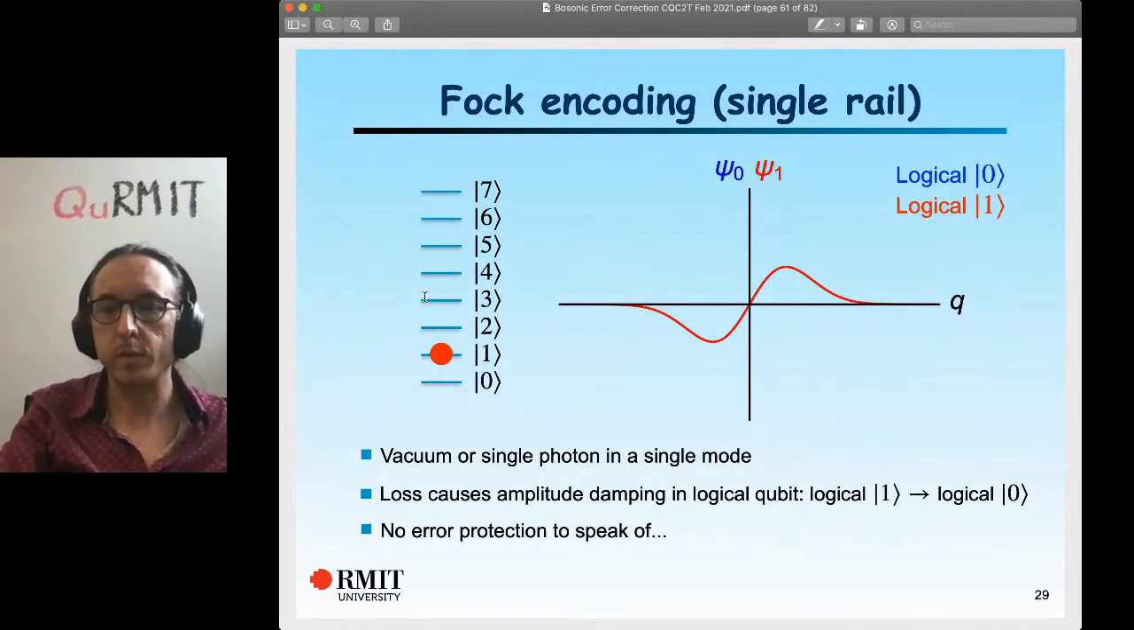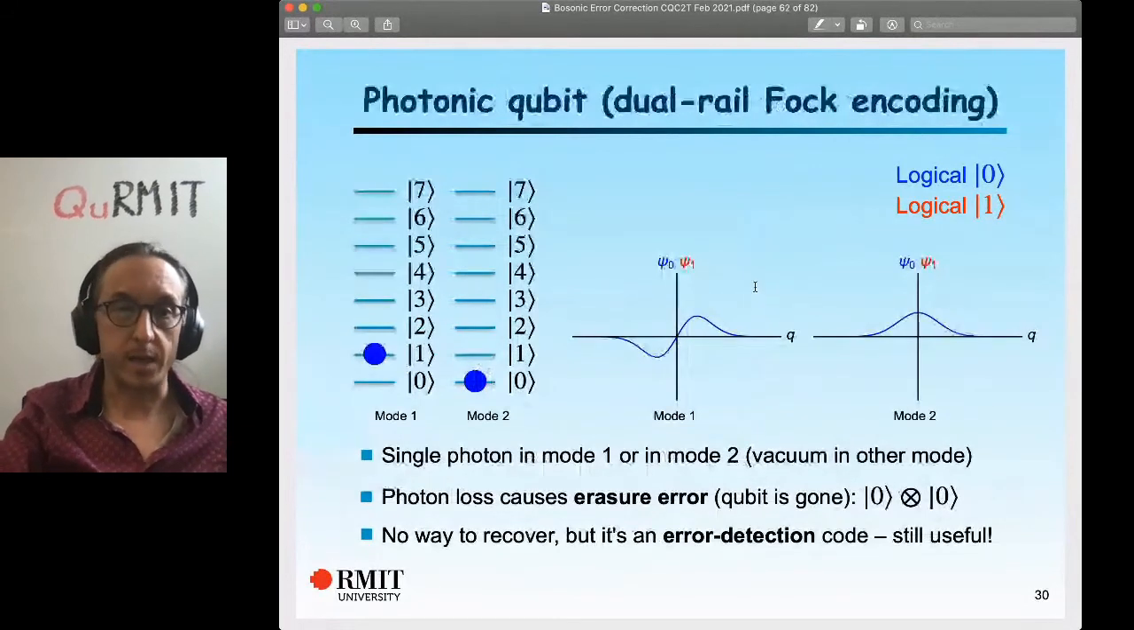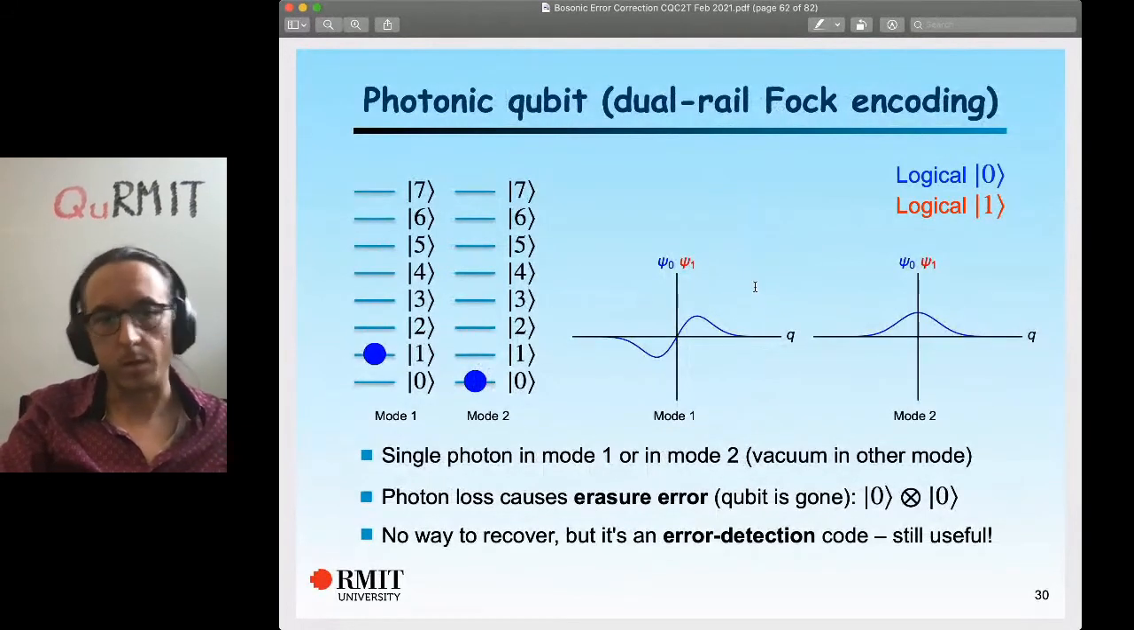And on the right, I've shown the wave function for the vacuum state and for the n equals 1 Fock state. This is not the Wigner function. Sometimes that's shown in Wigner function. I'm going to focus on wave functions. The photonic qubit, which is used in linear optics quantum computing,